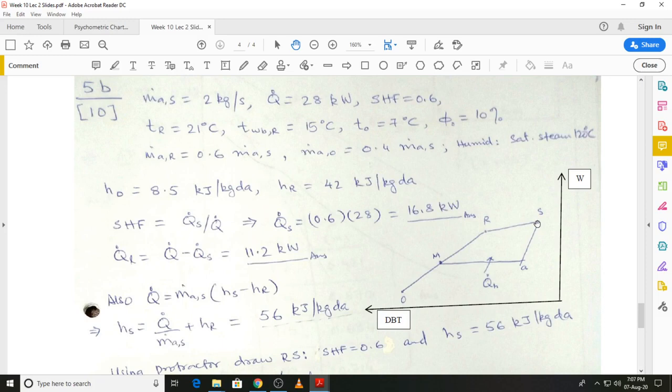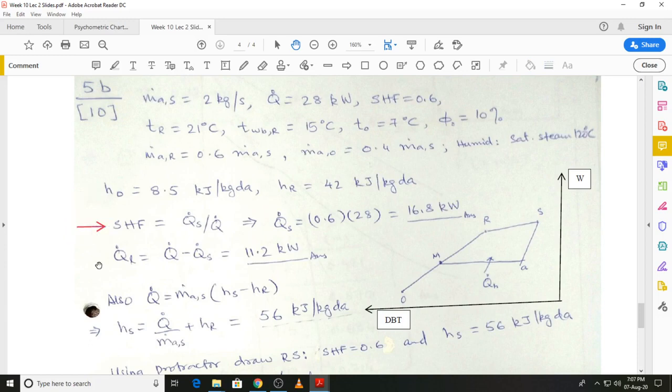We were also asked to find out the sensible and latent components of the heat loss from the conditioned space. You can see that because we were able to locate states O and R, I have given you the values of the enthalpies at states O and R. Then we move on to the sensible heat factor,